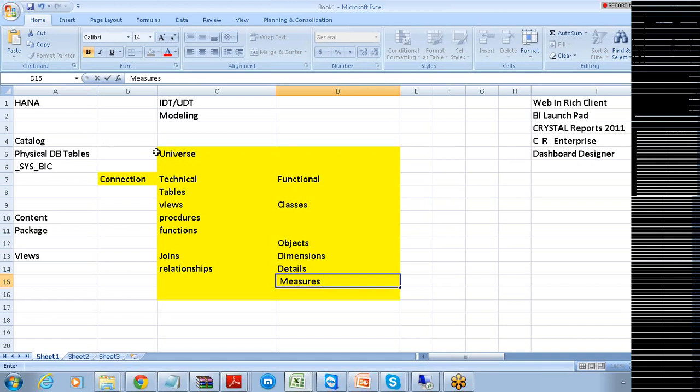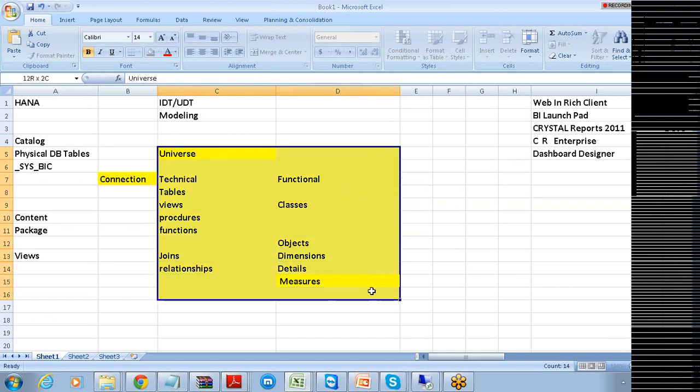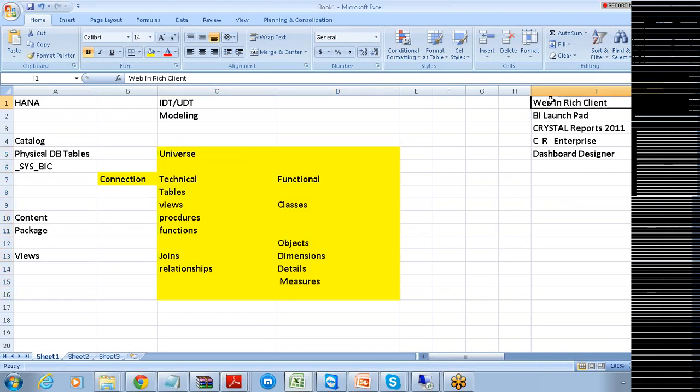Obviously, the universe we create is going to be the core part of your entire reporting here. That's why any of these tools, especially for the purpose of reporting, need to talk to the information present in this database. So the universe has to be created, and for this universe, these are the tools we need to use: one is the IDT, and the second is the UDT.